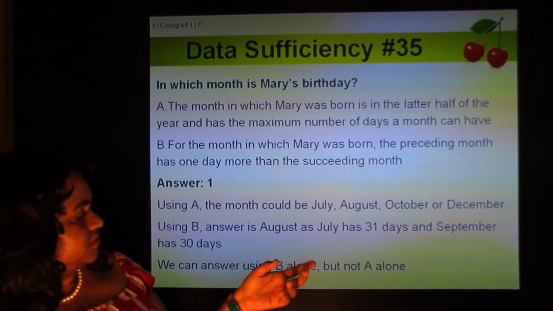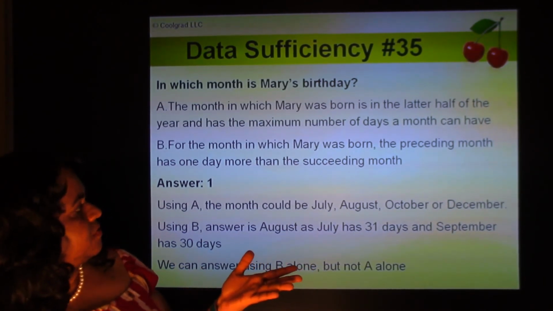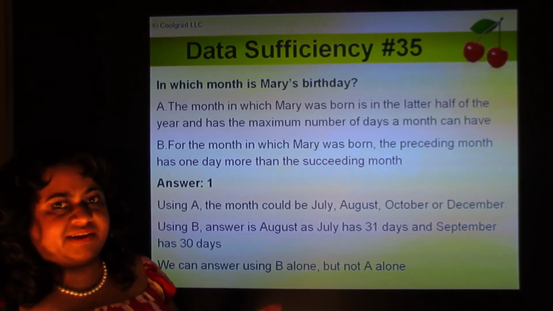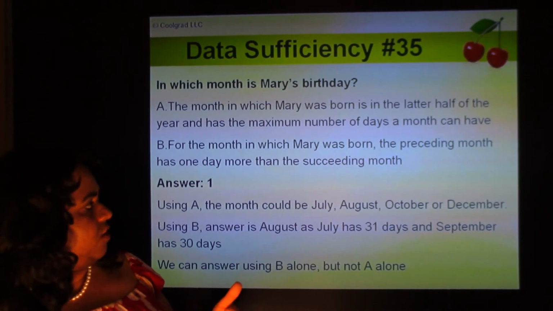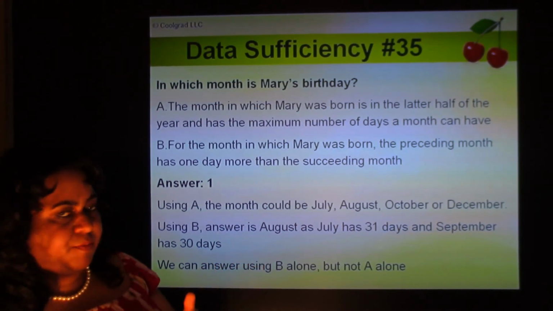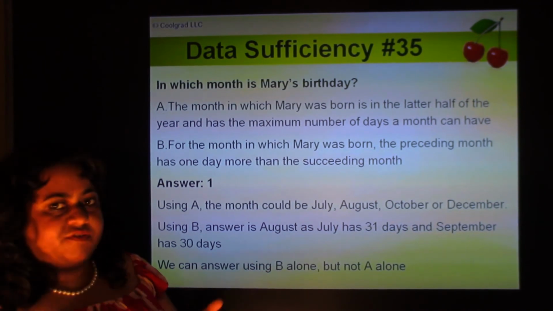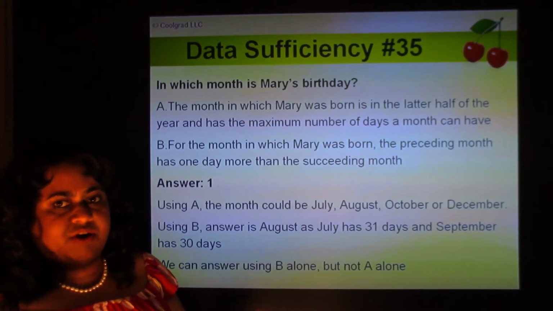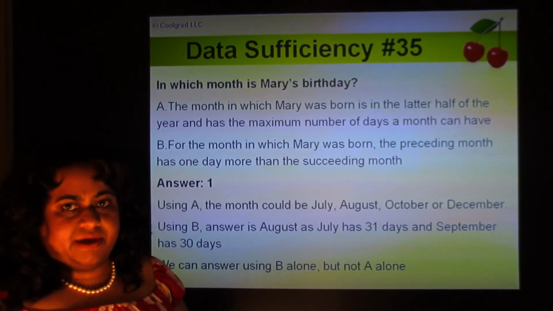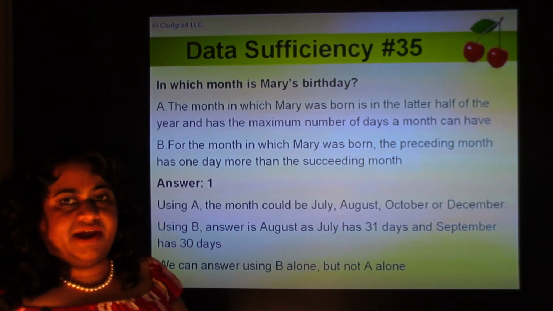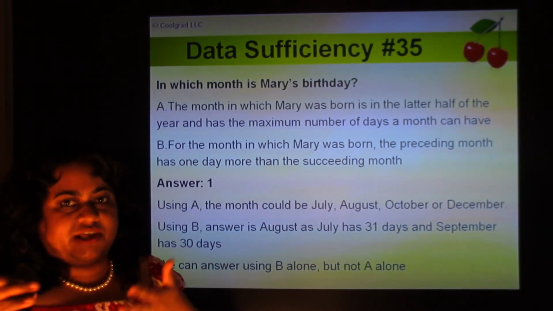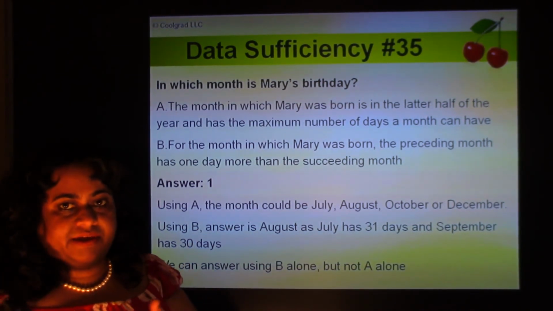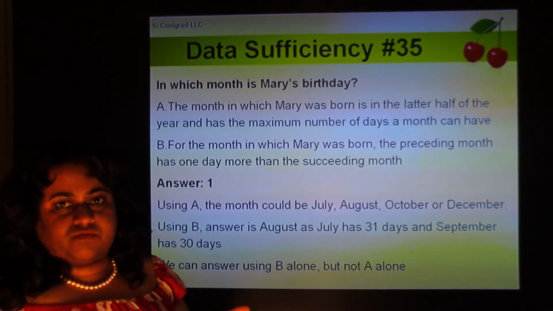Let's say January. Preceding month has 31 days, December of the previous year, and the succeeding month has 28 or 29 days. That doesn't hold. So February clearly doesn't hold. January and March have the same number of days. March, February has fewer days than April. April, so March and May have both 31 days. May, so April has fewer days, 30, and June has again 30. June, so May has 31 and July has 31. If you take July, June has 30 and